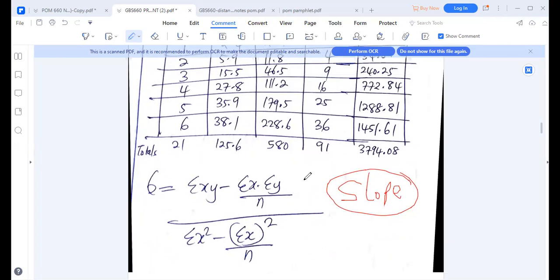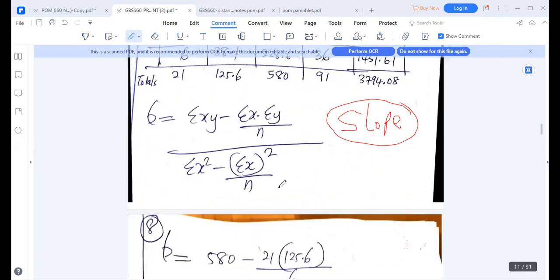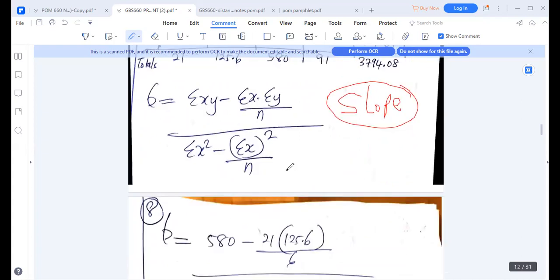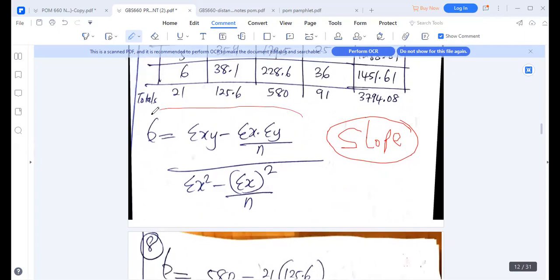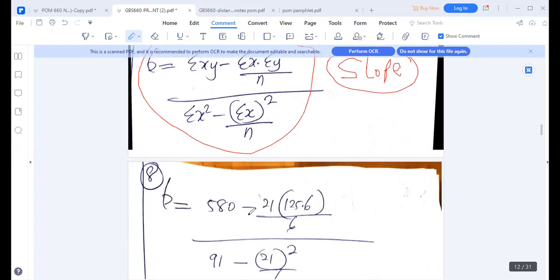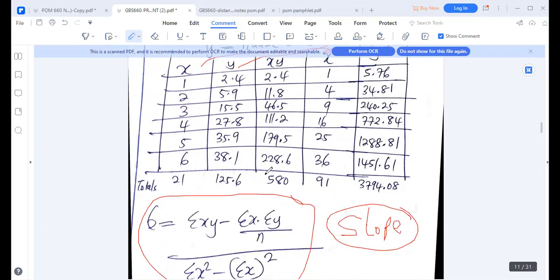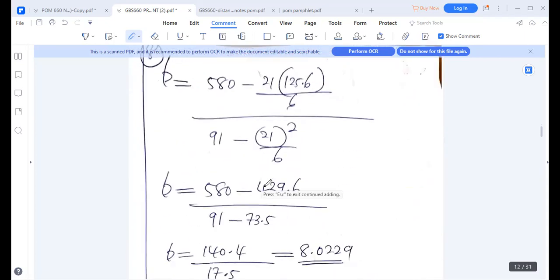These formulas are given. You don't have to panic about the formulas. Then from here, you're getting down to B. Our beta gives us 8.0229 after substituting and simplifying this expression, using just what we have here, based on X as the number of years and Y as the dependent variable. X is the independent variable. Then we simplify and get down to this. We're getting our beta is